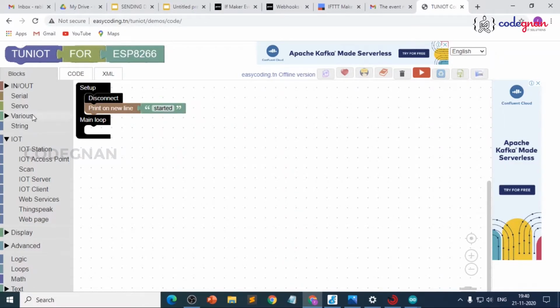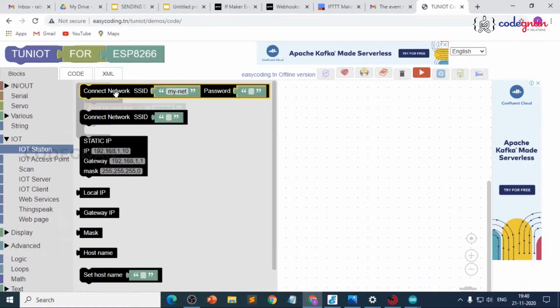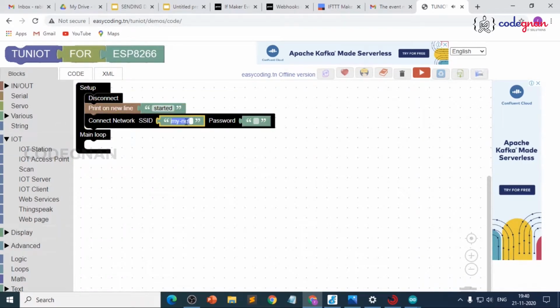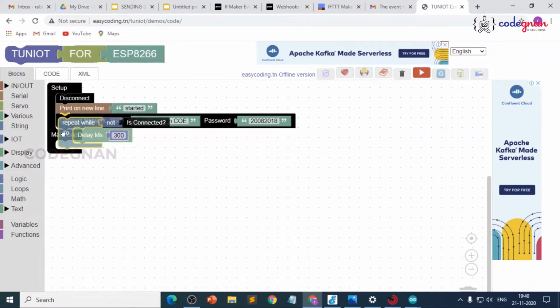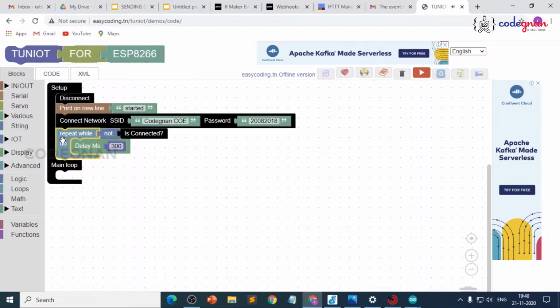And then we need to connect with our SSID and password, which is our username and password. And then we need to write a loop where we wait until our Wi-Fi gets connected with our NodeMCU.